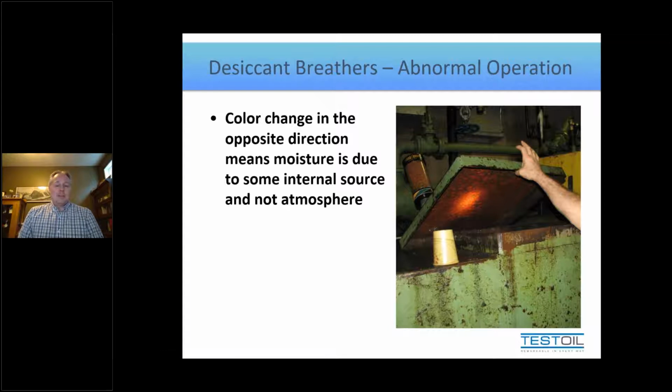So every time this thing took a breath out, it was pushing water into the desiccant breather and trapping it, which is a bit silly because really you want the water out anyways. Why would you bother trapping it on the way out? It's kind of like trapping mice after they've chewed the wires inside your house. It might give you a small sense of satisfaction that you've done it, but you didn't stop the damage from happening. So this customer recognized that the breather was changing color in the wrong direction and therefore needed to take